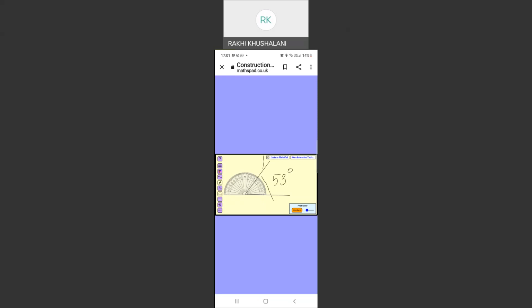Suppose if I take one more angle, let's see again at the vertex places, it's coming to be 90 degrees. How much it is coming? It is coming to be 90 degrees. Okay, children? So this is how it works. The next doubt that you'll have is how to make an angle.